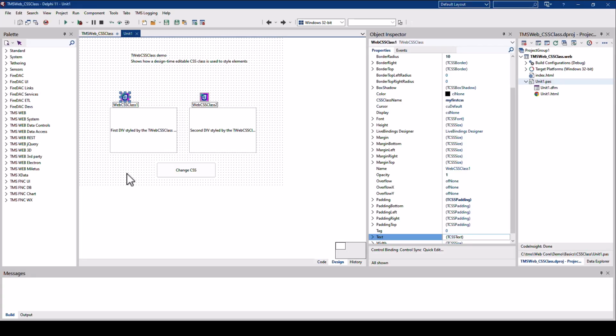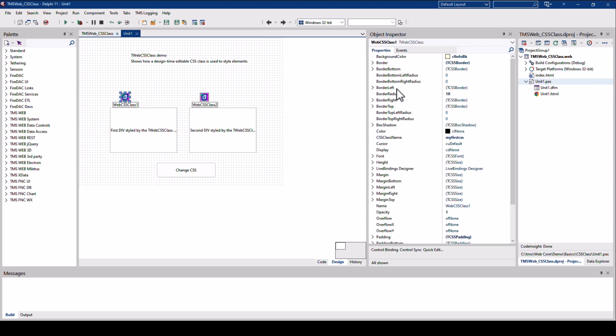The TWebCSSClass component wraps everything that a CSS class has to offer as a Delphi component. I selected the TWebCSSClass component in the form editor, and here on the right in the object inspector, I see all the properties that are supported by CSS. If you so far struggle with what is available with CSS and would rather define everything in the form designer, this is the component you've been waiting for. This component allows you to interactively build your cascading style sheet class. The total hierarchy of all the properties is supported.